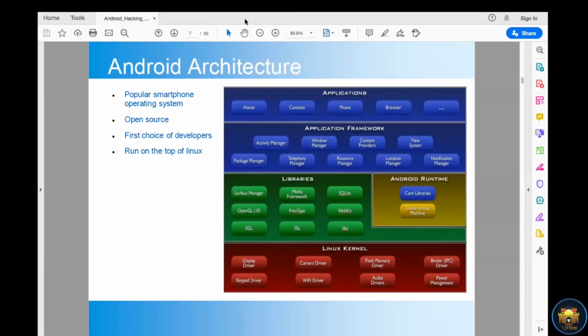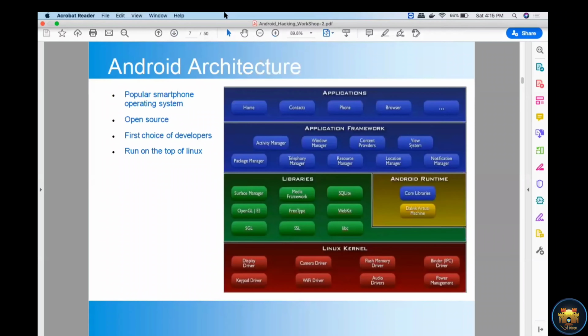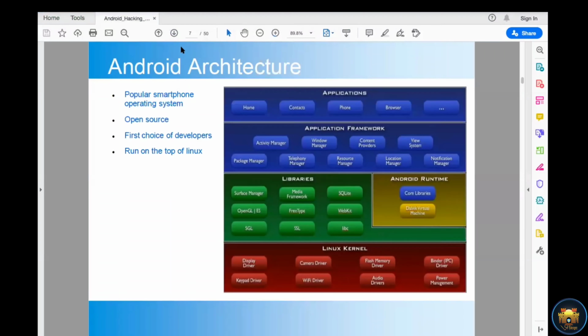In the Linux kernel layer, most of the operating system work happens, like file management, process management, disk management. Other drivers also exist: camera driver, USB driver. Everything related to the operating system lies at the Linux kernel level. Going above, in the library layer there are some modules developed in C or C++.